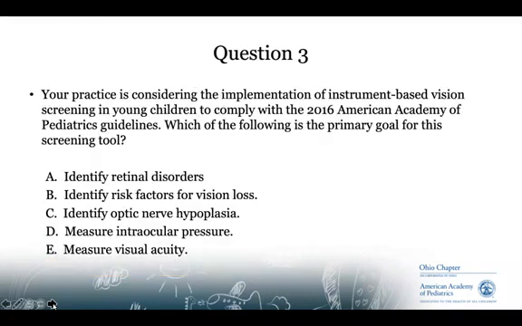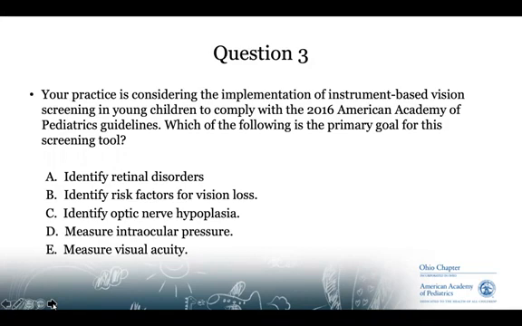And then our last question involves instrument-based screening. Your practice is considering the implementation of instrument-based vision screening in young children to comply with the 2016 American Academy of Pediatrics Guidelines. Which of the following is the primary goal for this screening tool?